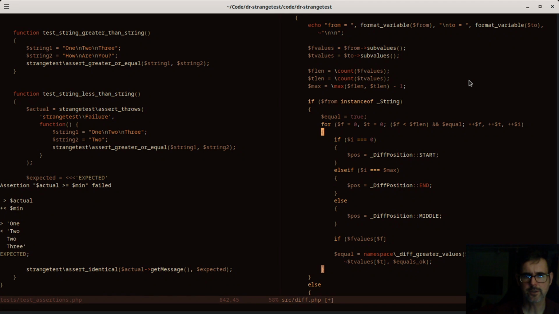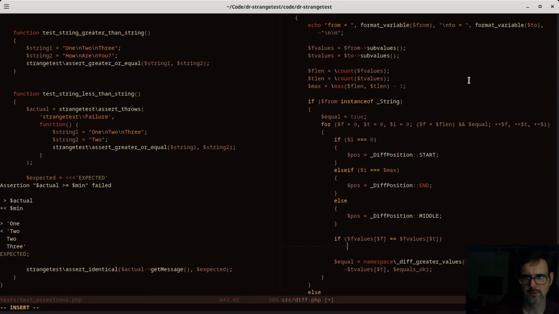Do we need to initialize I? I guess we do. So if values from equals f values 2, then I guess we're copying the value, and that's going to be state